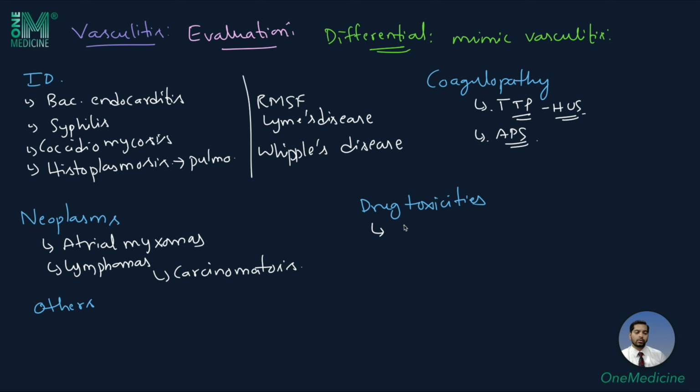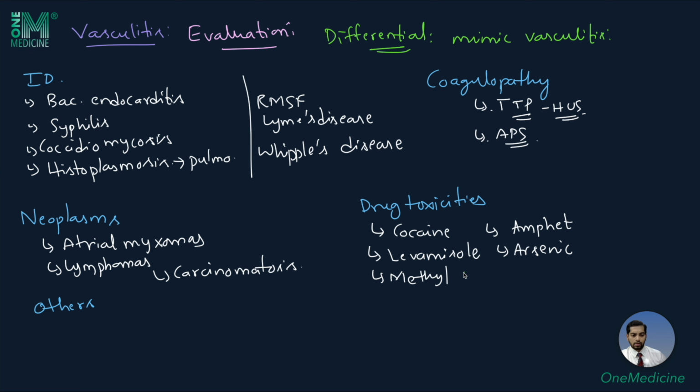Drug toxicities include cocaine toxicity, levamisole, amphetamine, arsenic, methysergide, and ergot alkaloids. Other conditions include sarcoidosis,